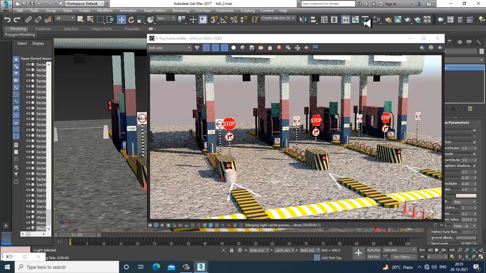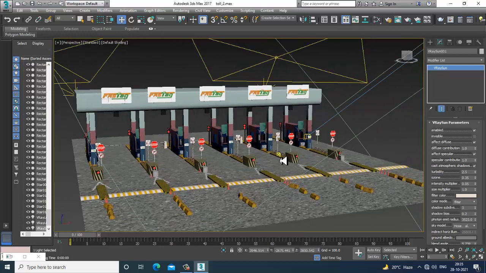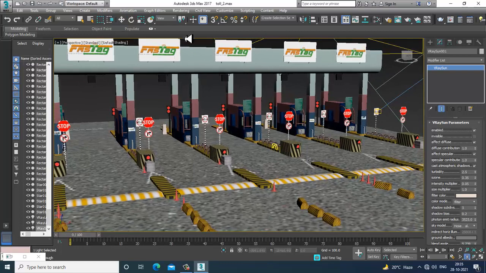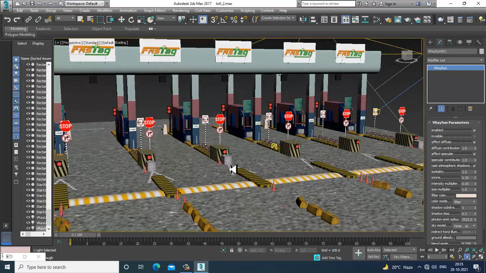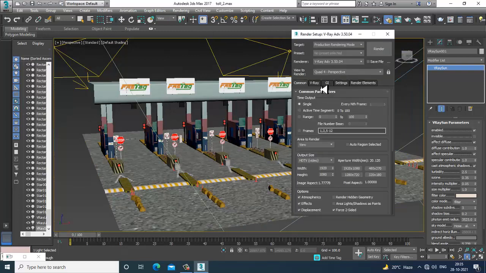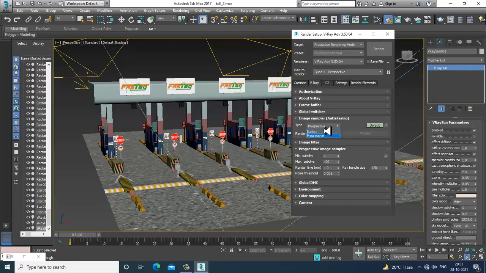What I'll do over here is I want to render something. I'll go into rendering, into the render setup, and do some changes.